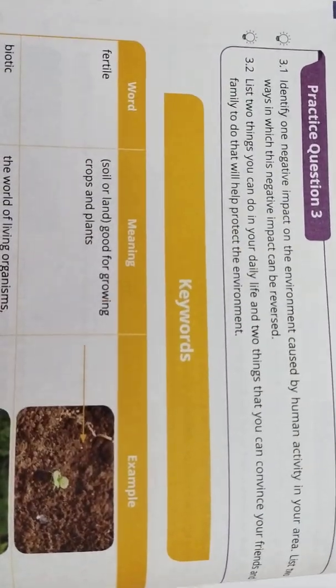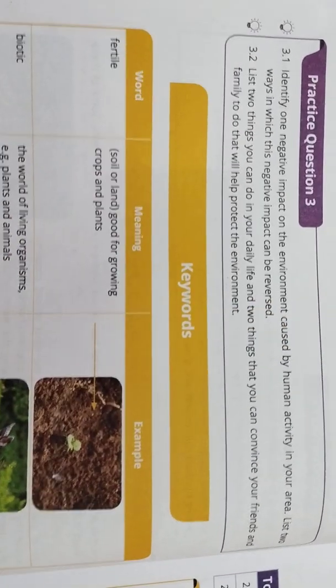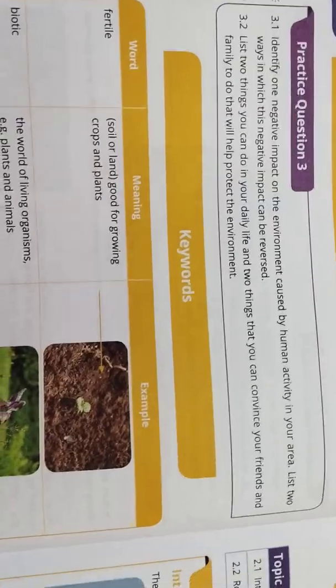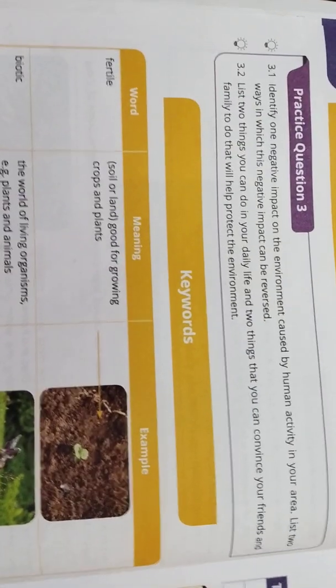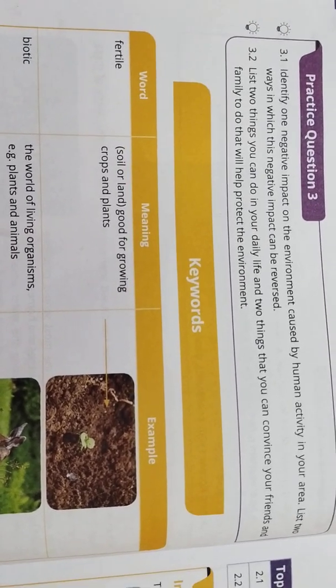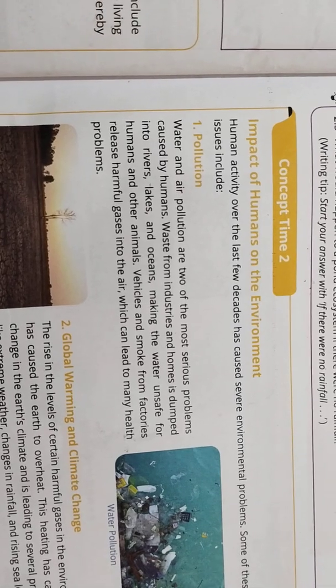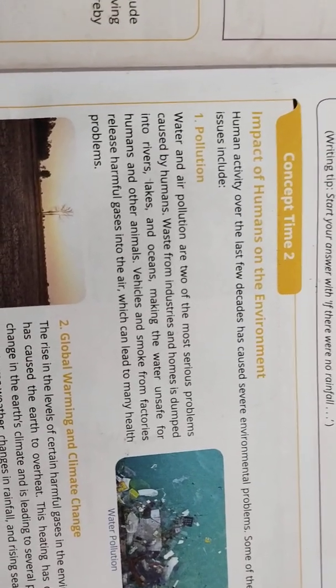Then on the next page: identify one negative impact on the environment caused by human activity in your area. List 2 ways in which this negative impact can be reversed. As we saw 3 impacts yesterday, what are they? Pollution, global warming and climatic change, and deforestation. From that you can take any one negative impact on the environment, and think what can we do for that, that means how can we reverse that? For example, if you take pollution, you should not throw garbage in the water, and you should keep your surroundings clean. Whatever else you have to